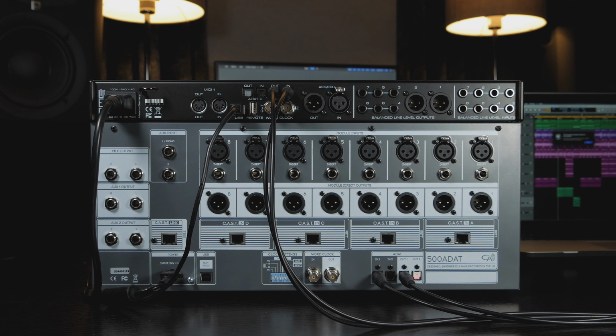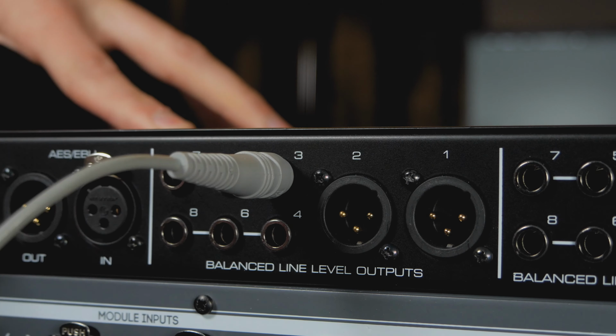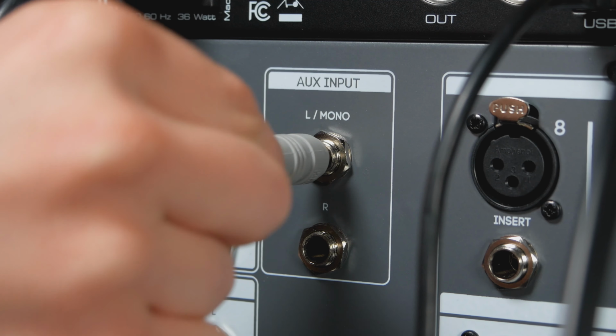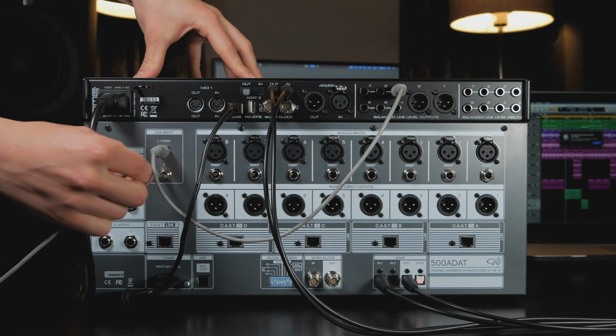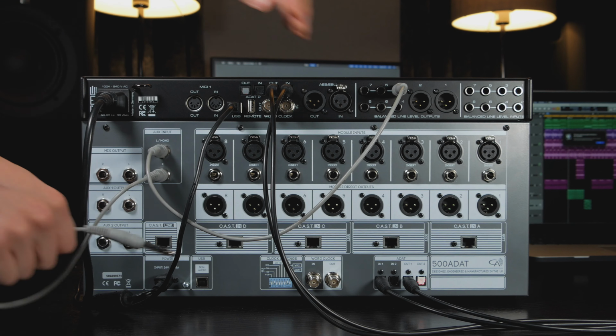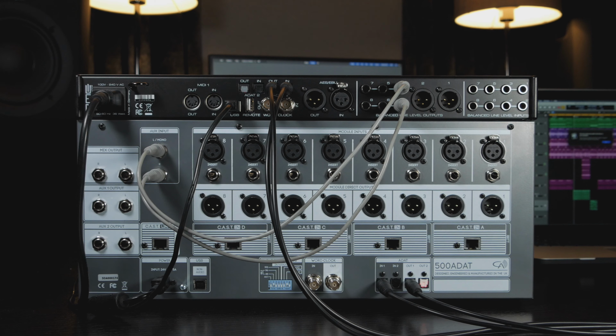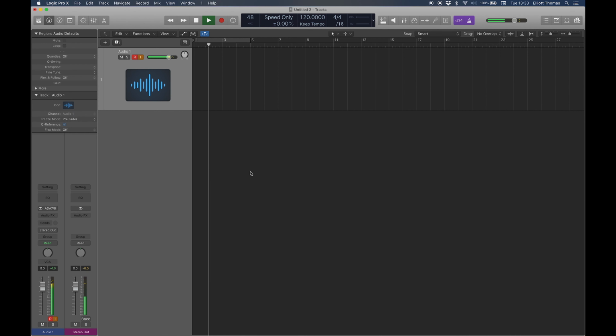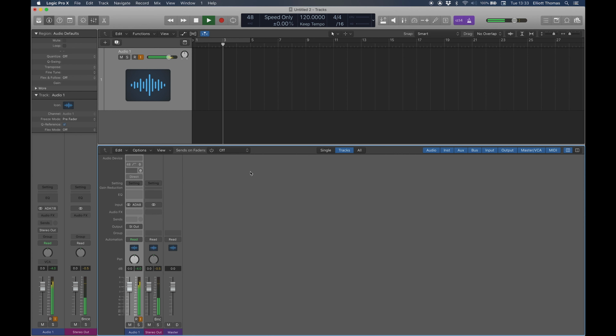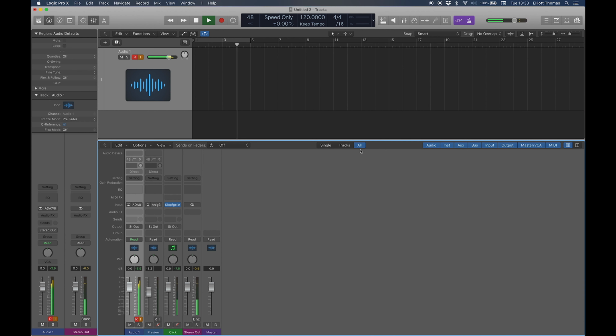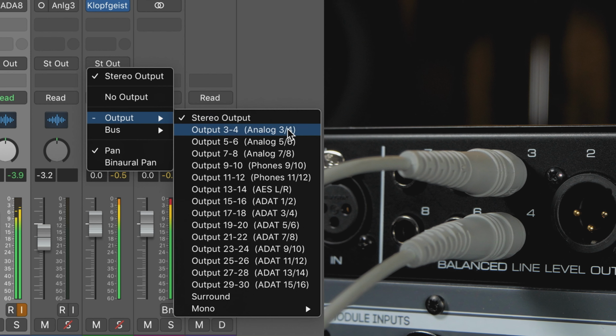To connect the artist monitoring section to an interface, all we need to do is connect the outputs of the audio interface to the AUX inputs on the back of 500 adat. We can use just the left AUX input for mono sources, or both inputs for stereo sources. Next, using the included software mixer or your DAW of choice, patch your desired audio to the correct line outputs of your audio interface. In this example, all we need to do is patch the output of the click track